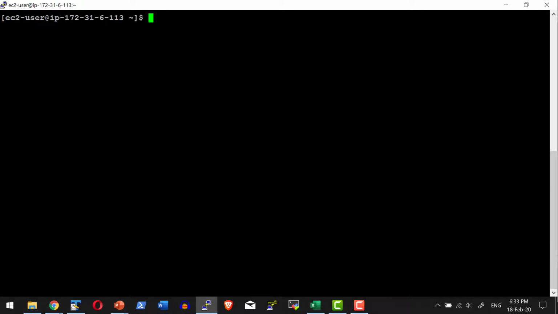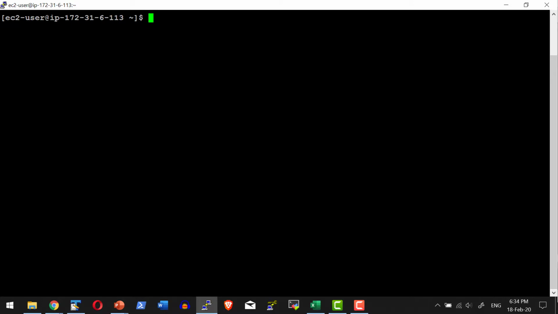Now let me go ahead and update the Docker Swarm not to lock it. So I'm going to give the option auto lock false. Docker swarm update auto lock equal to false. So the Swarm is updated. Now if you restart the service, you will be in a position to list and do any operation against the Docker Swarm cluster. Let me go ahead and restart the service.